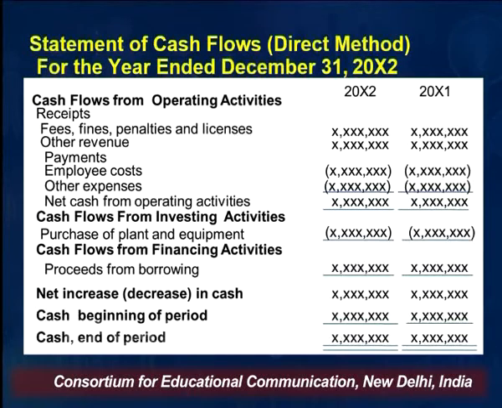Now after reporting it, you would again go to the balance sheet. You will try to find out the cash and cash equivalents at the beginning of the period, at the beginning of your financial year. You will add this cash at the beginning of the year to the net increase or decrease in cash, and in an automatic manner you will come to know about the cash or cash equivalents at the end of the period.